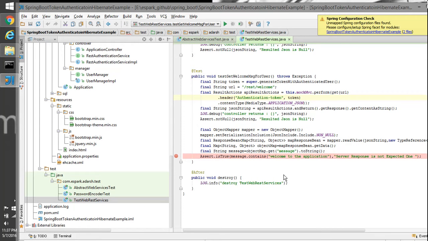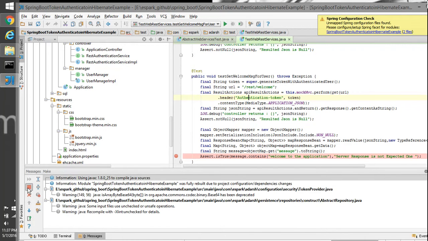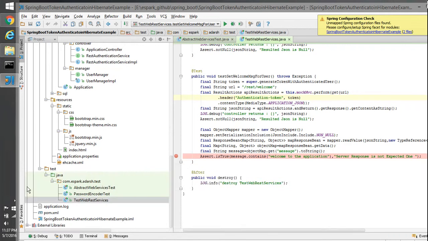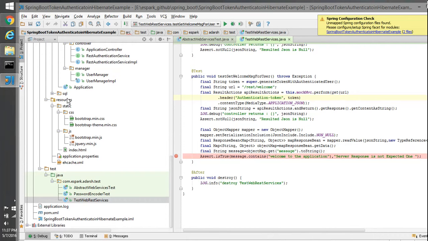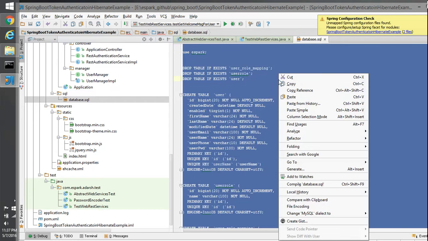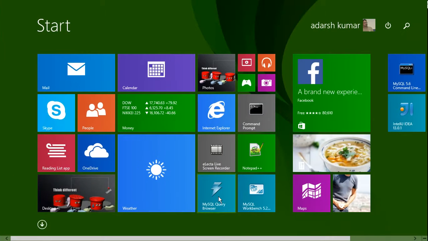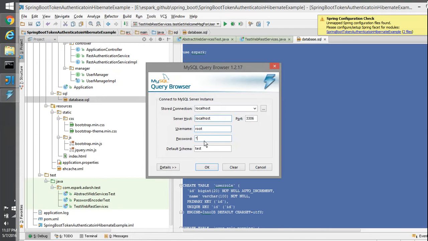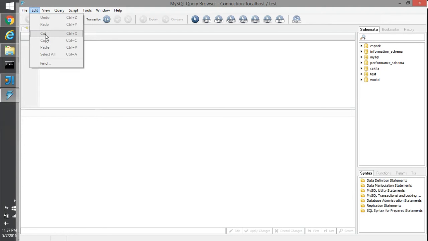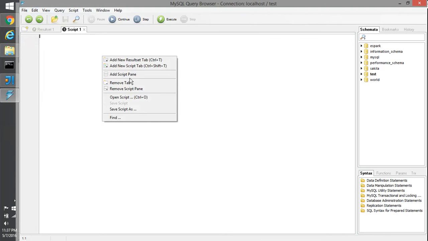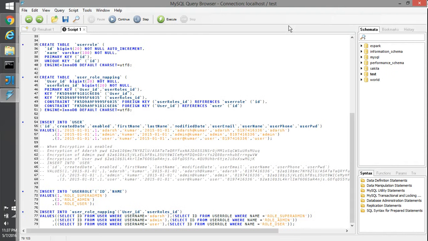from Postman. But before doing this, I need to create a MySQL database. So the script is already ready. So what I am going to do inside the SQL, I'll just say copy. I already created some of the things in eSpark, but I need my own stuff related to this application.